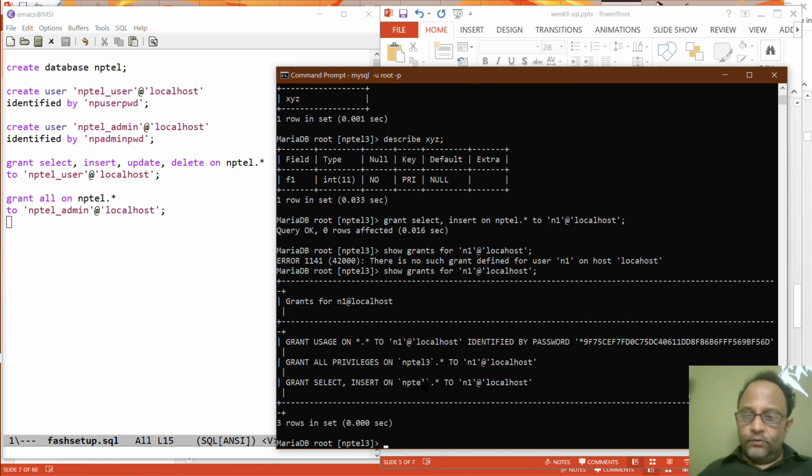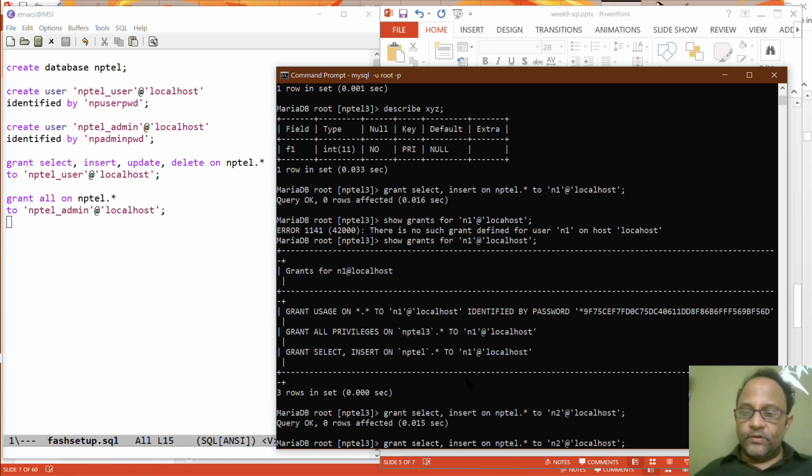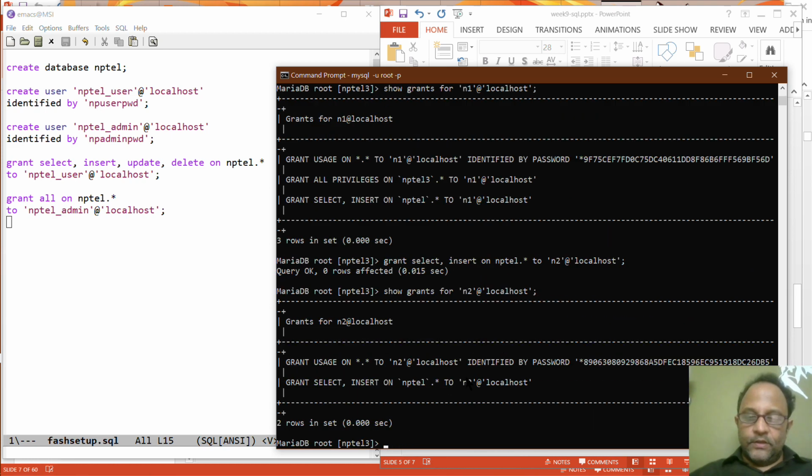I forgot, I was supposed to do that grant to n2 because n1 already has all privileges, and so it doesn't really matter much. So here we have this grant given to n2, and so now if we log in